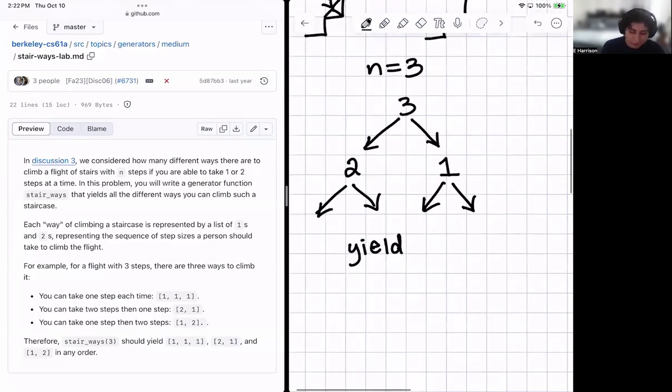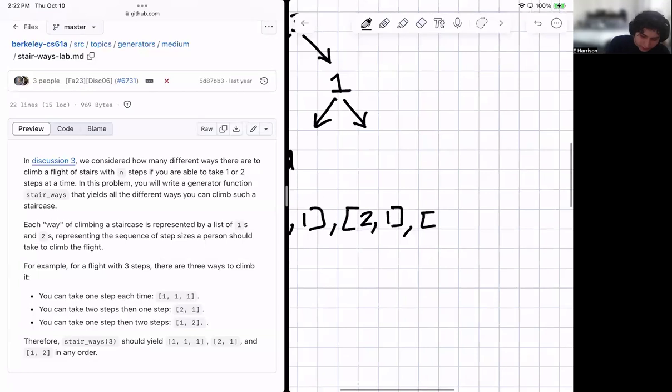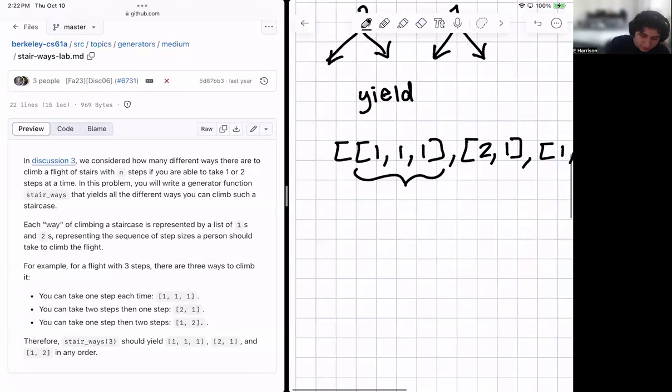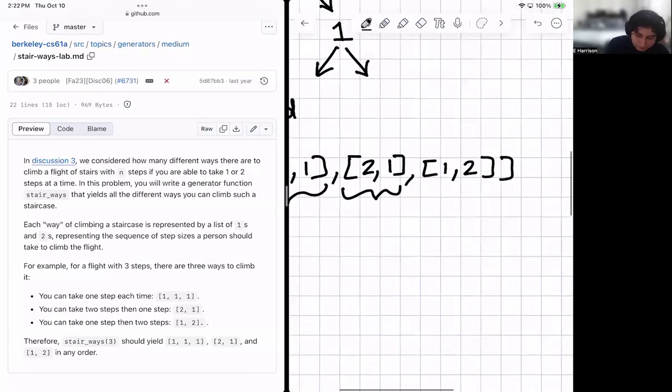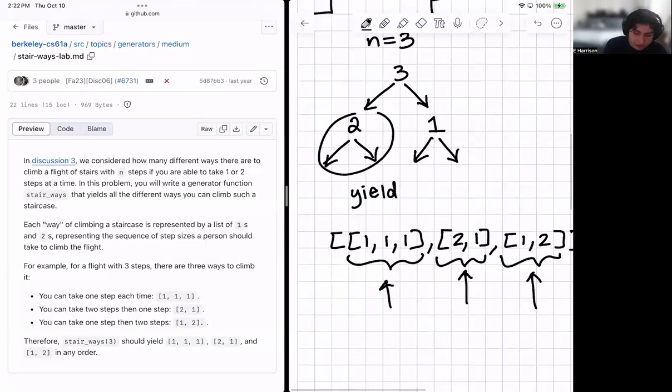If, for example, our list contained 3 options, so 1, 1, 1, 2, 1, and 1, 2, then somewhere in our code, we should be yielding each of these 3 paths individually. So rather than returning this entire list, we're just yielding each of these 3 values separately. Think about how we might be able to do that with this kind of recursive example that we have here,